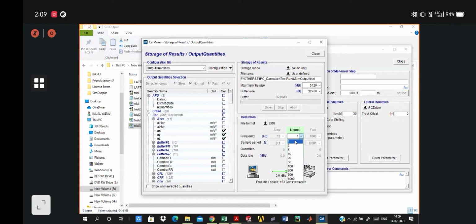Simultaneously, the sample period is the difference in time of your result file. It is basically the time difference of your analysis.